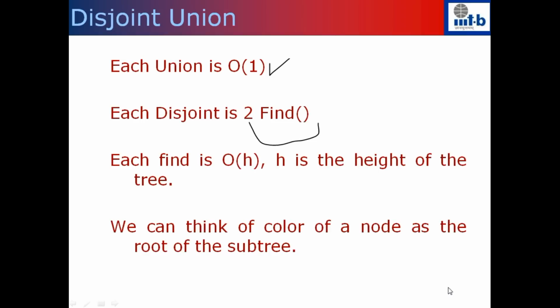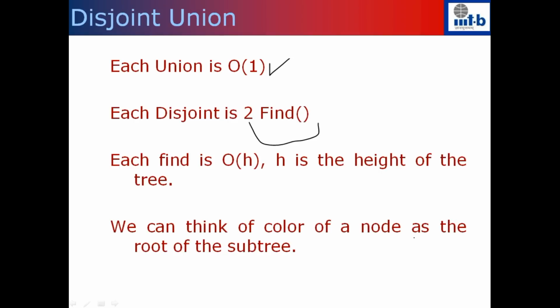That means that the root of the subtree for all the elements in this subtree actually changes. So every time a color change happens for all these elements, the height of the subtree will increase by 1. So the maximum height of the tree will be exactly equal to the maximum number of times a particular node undergoes color change. So we will just go through the previous proof, because we know that every node in the graph can undergo color changes at most log of n number of times.